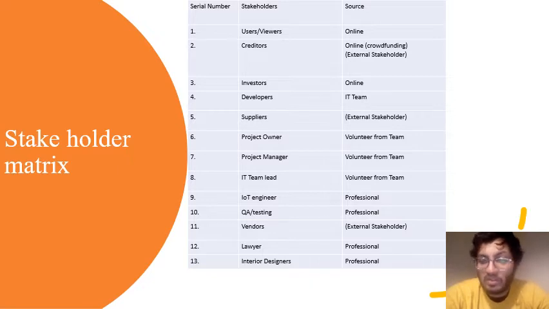Quality engineering and testing is a professional. Vendors are also external stakeholders. Lawyer and interior designer are also professionals. So we have a total of 13 stakeholders, and their sources are divided into online, IT team, volunteer from team, professional and external stakeholder.